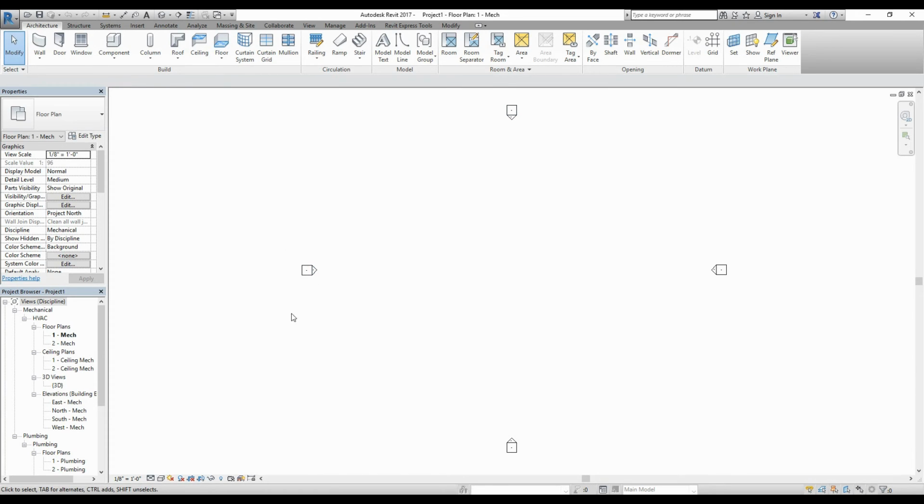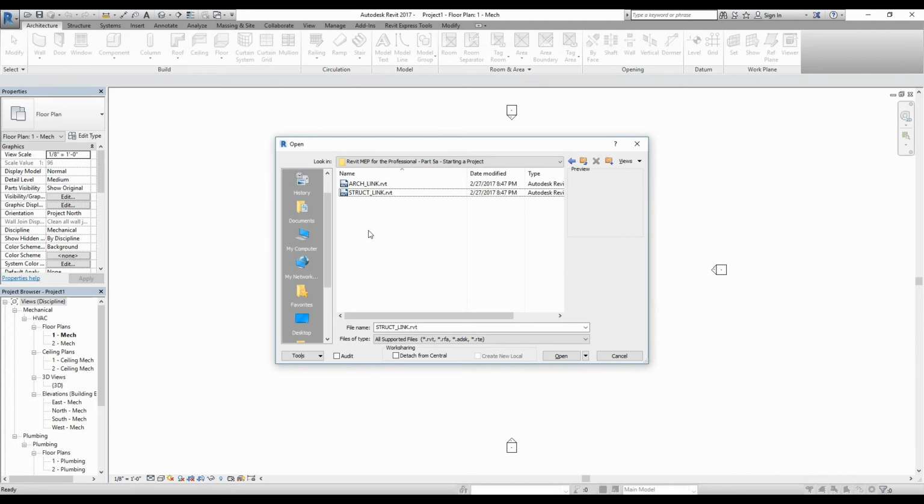It has our elevation markers on the outside, and obviously nothing is on the inside. So the first thing that I'm going to do is actually not work on this yet. I'm going to open the two links that we need. So I'm going to go ahead and open the architectural one first. I went to our directory where the two links are stored, and I'm going to pick the architectural link first,